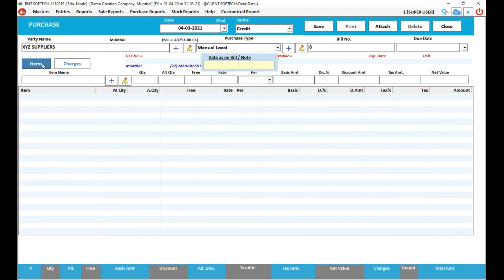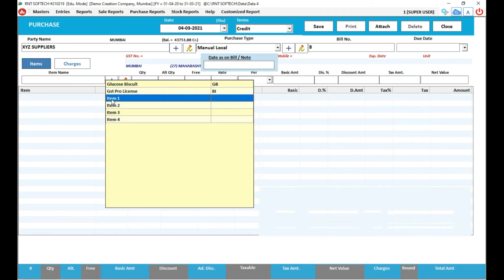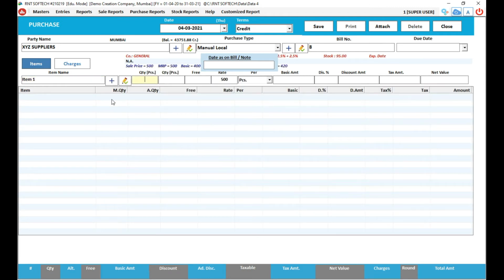I take items, item number 1. Selecting this. Quantity I take, say for example 5 pieces. Price is 500, which we had fed into the item master when it was created, which is there in a separate video. So it comes to basic amount 2,500.